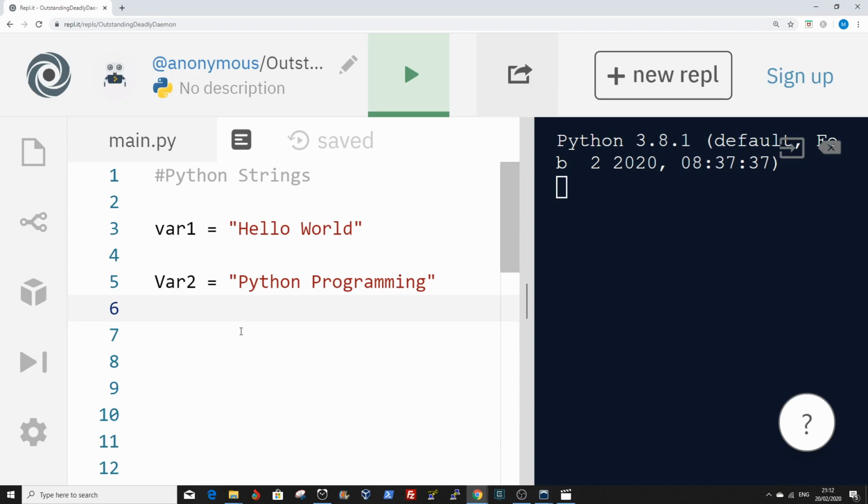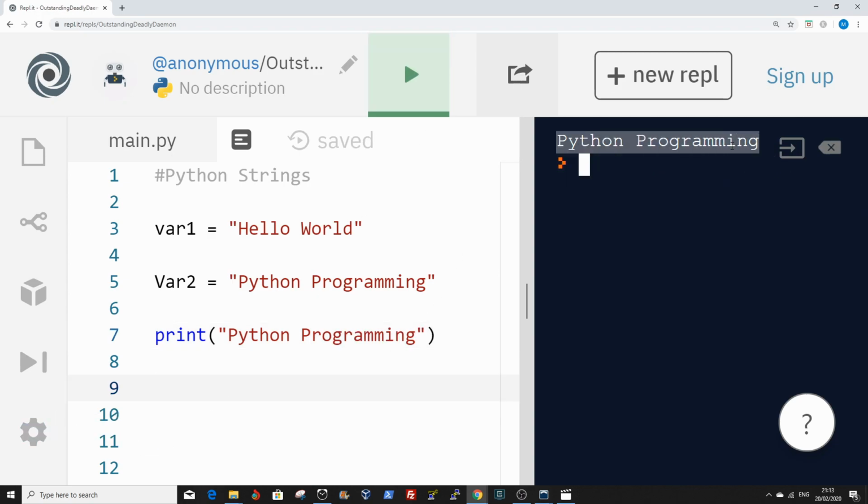Sometimes you want to print out your string on a separate line. Using the print function, ensure that you have the word you want to print out in between the double quotes. Programming is on one line now, one straight line. Say if you want to print this out on a separate line, then you can use the escape characters. All you have to do